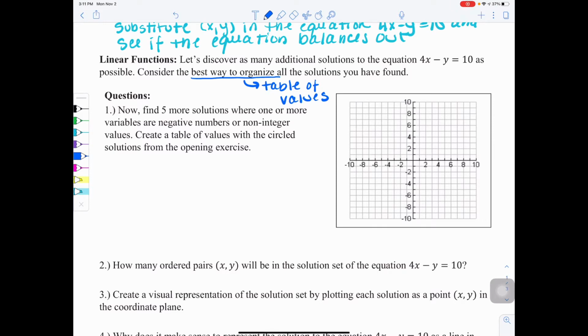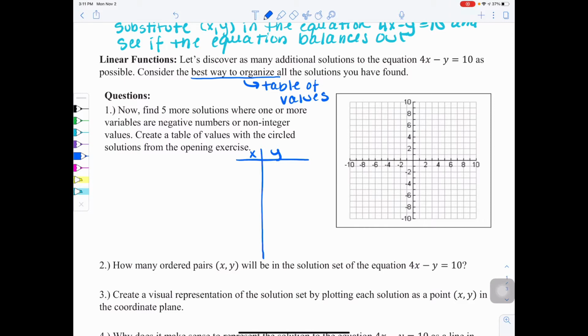So for question 1, now find 5 more solutions where one or more variables are negative numbers or non-integer values. Create a table of values with the circled solutions from the opening exercise. So we're going to build off of what we already have in our opening exercise. So I'm going to make a T-chart here where we have our x values and our y values. And we're going to take the values that we have from up above and organize them in